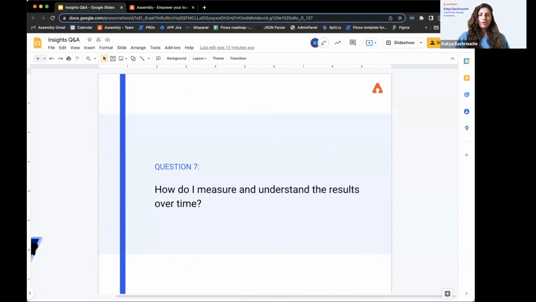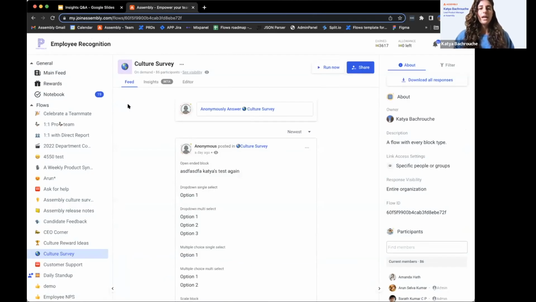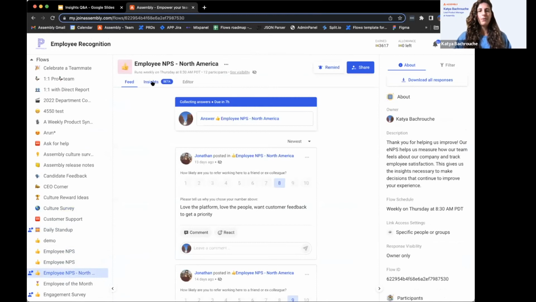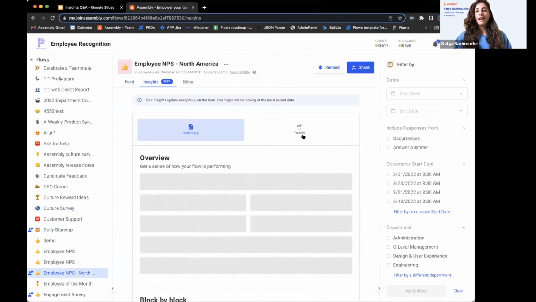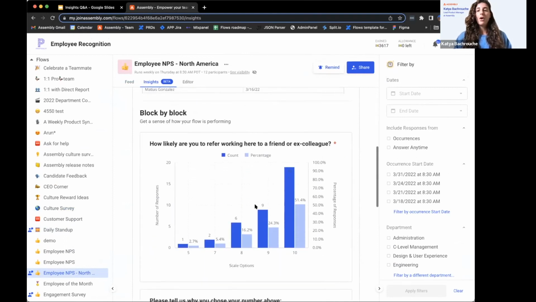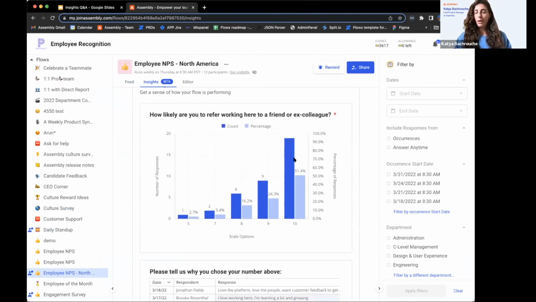How do I measure and understand the results over time? Yes, so for this one, there will be kind of a repeat of what I mentioned earlier, but just to show you where to find this, the over time, using this NPS as a good example. Over time, the best way, I mean, you can see all time, all of the results here, but